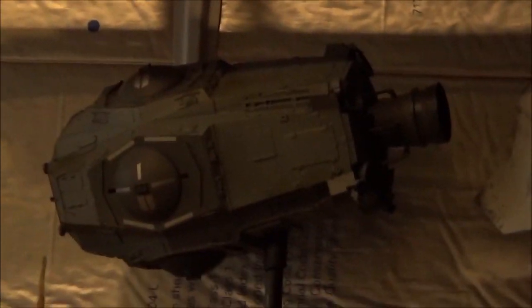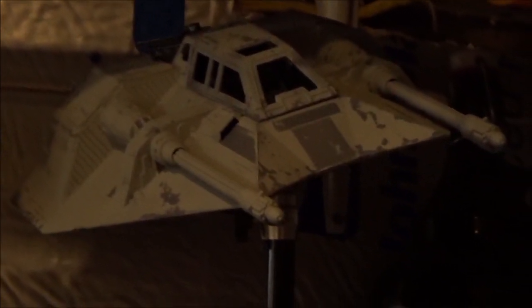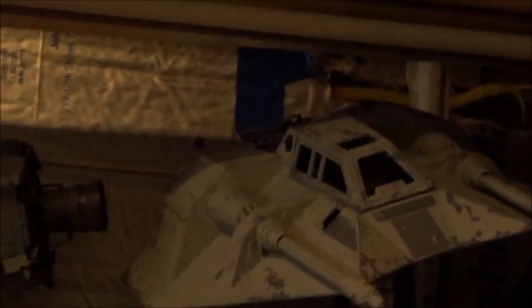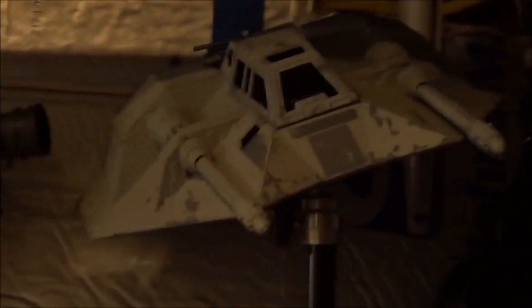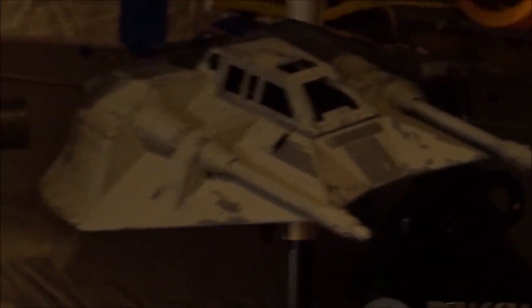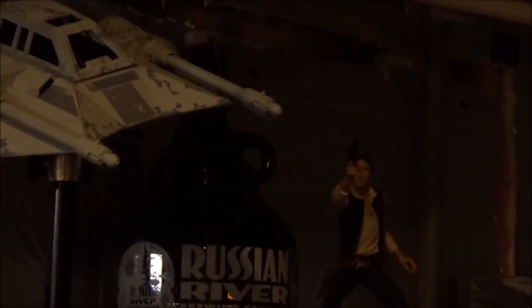That's a probe droid dispatch pod. I believe that's a Nick Sagan design. That's a toy conversion. That's another toy conversion that I did from a snowspeeder I had when I was a kid. That's like the original Empire Strikes Back snowspeeder, but I had ripped it apart, repainted it, and weathered it. I just have to find some decals for it. I haven't put decals on there